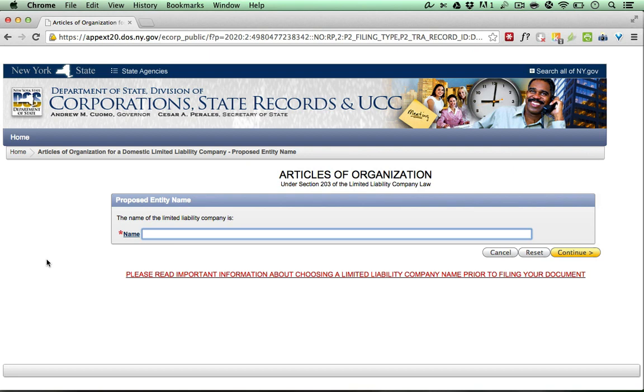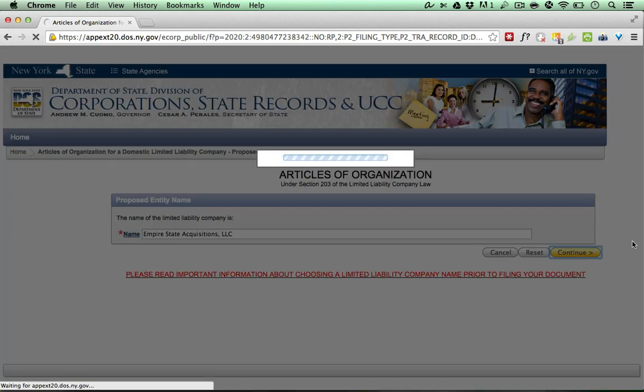Let's take a look at two examples. Let's first look at a name that does not pass the filter. I'm going to enter this name exactly as I would desire it. The name of this sample company is Empire State Acquisitions, L.L.C. You can see here that this is properly capitalized. I have L.L.C. in all caps as the designator, and you can see I have a comma after Acquisitions. That's the comma I was referring to. Again, that is optional, so you can leave it in if you'd like, or just not include a comma if you prefer. Once I have the desired name entered, I'm going to click the Continue button on the right.